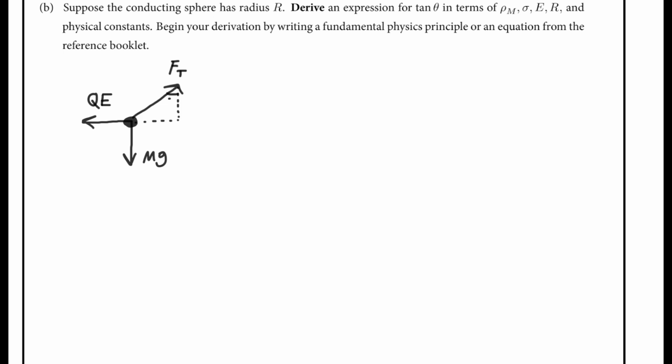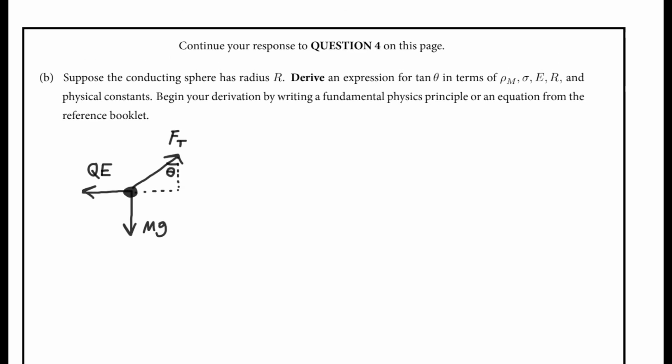And we want to find this angle theta, or at least the tangent of it. So first, we're going to start from Newton's second law, because this is a balanced forces equation. So starting from Newton's first law or second law, depending on how you see it, I know that the force is balanced. So I could either write balanced forces or sum of the forces is 0. So what this means is that